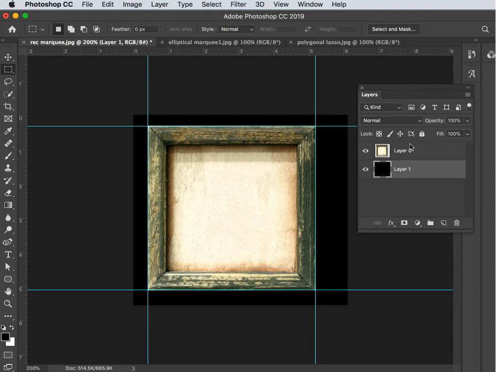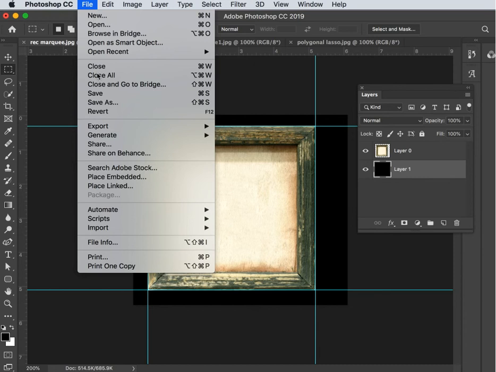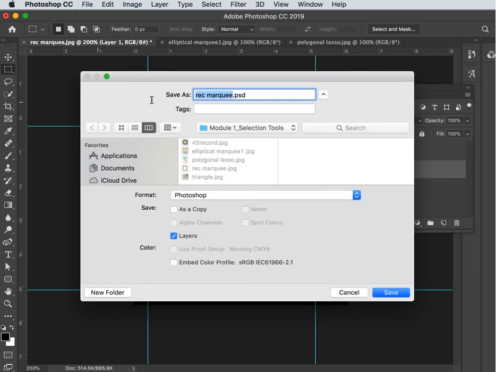Next, we're going to do File and Save As. And we need to save this now. So what I'd like you to do is put your name in front of this rectangular marquee, and you will save this as a Photoshop file. The reason we're saving it as a Photoshop file is to retain our layers. We have two layers. One is the background layer and one is the layer that the frame is on. Now I'm going to click Save,